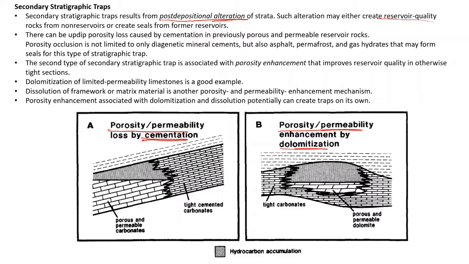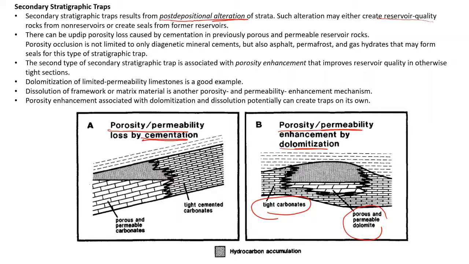So once a previously existing non-reservoir becomes a reservoir, it needs to be trapped by the lateral lithology, so that the oil may get trapped over here. And if it is a previously existing reservoir and its porosity suddenly gets lost by cementation, then again the oil